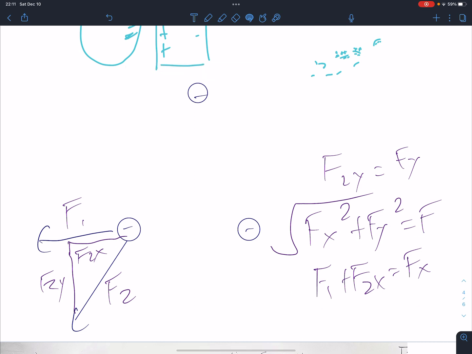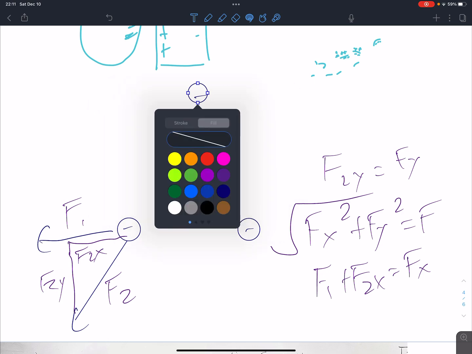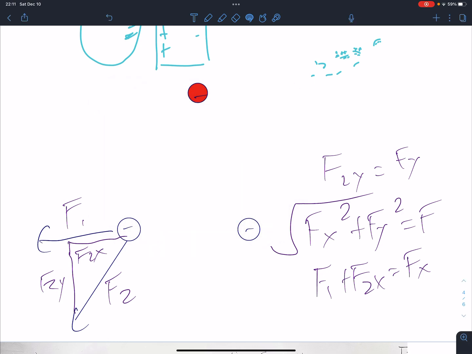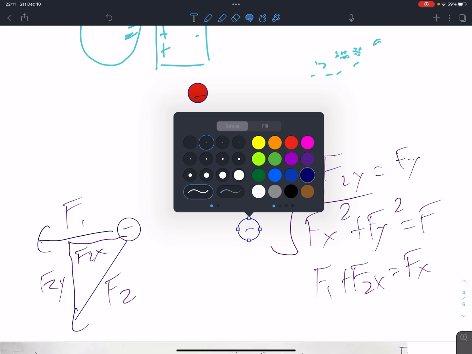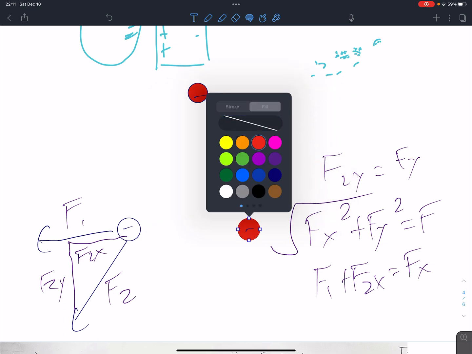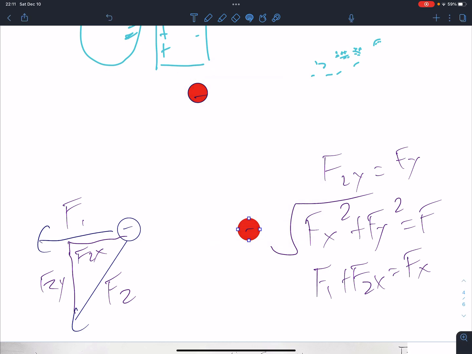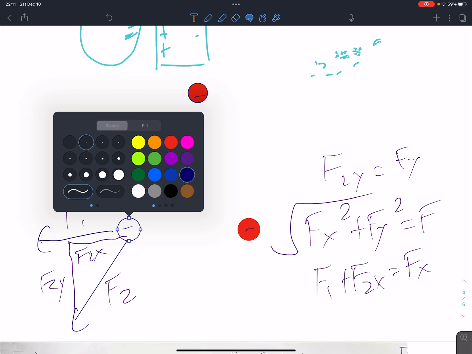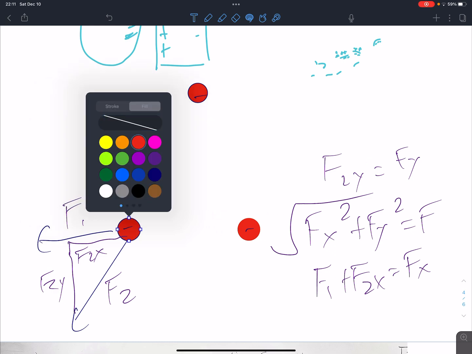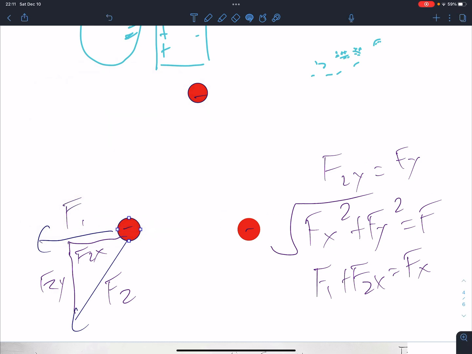I'm going to change the style here so you can see them a little bit better. Since I'm not reading them, it becomes a little bit more difficult. So I've got 3 negative charges, and